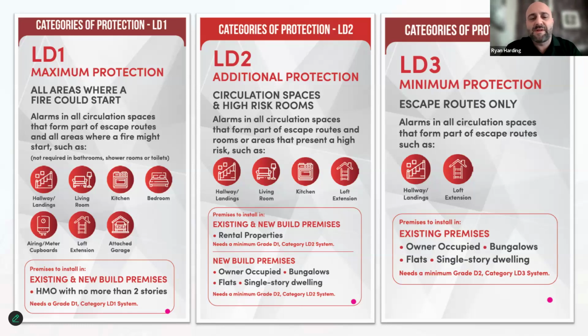The next level of protection is what we see more often in the new build market, which is the LD2 protection, which is additional protection. This is where you're going to put an alarm in all circulation spaces that form part of an escape route. So that could be, again, hallways and landings are always a given, but now you'd be looking at putting protection in a living space, and that can be smoke alarm, or quite often smoke alarm and a CO alarm